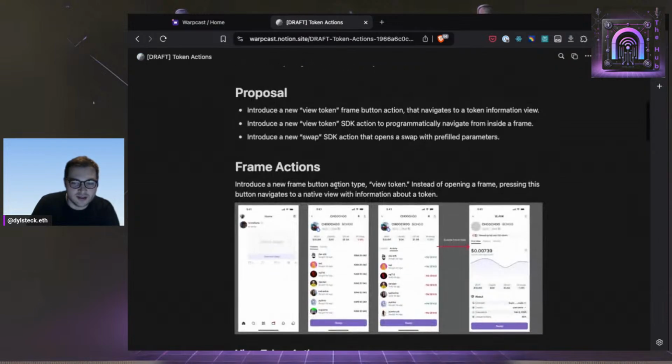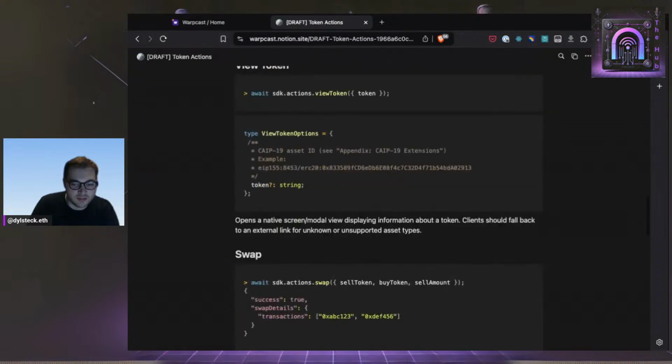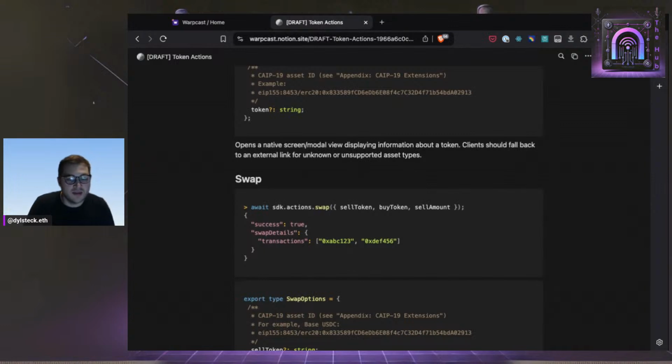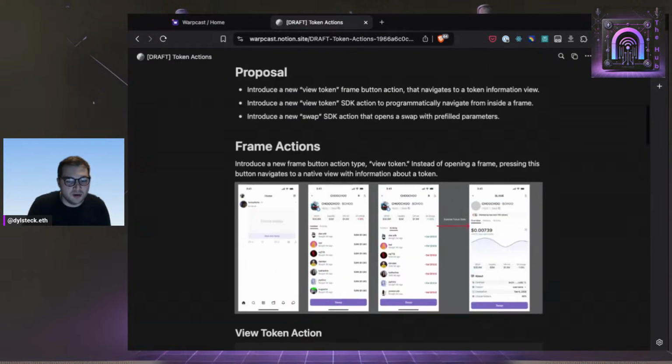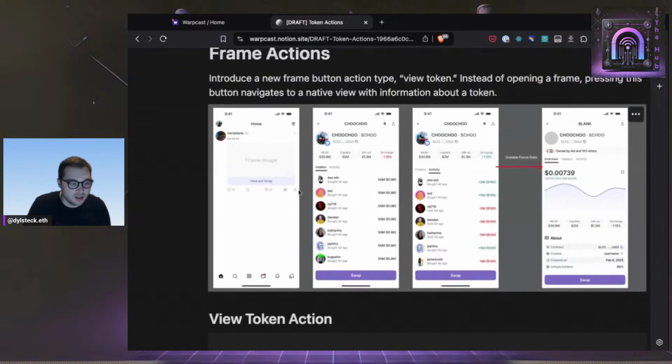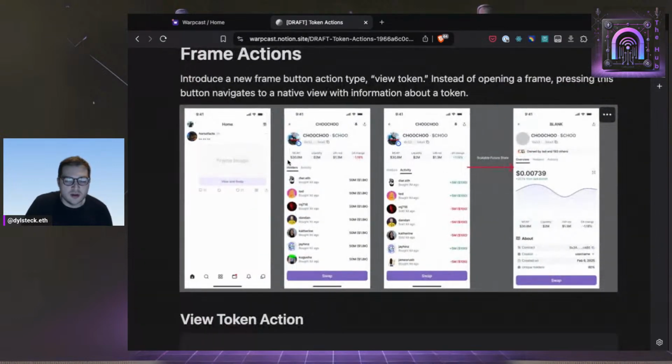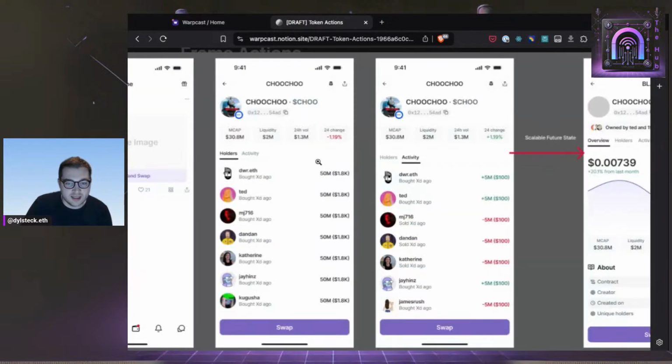I don't actually know if these token actions are out or if they just proposed the UI. What I think they mean by the token action is that the SDK for V2 frames could actually call something like a swap or going to a token page, which again, I'm not sure if that part is out, but that is going to be super sick, such an unlock, even just going to the token page. What they have put out are these token pages, which, similar to an Interface or Rainbow, whatever, you can see some information about the token, holders who are your friends on Warpcast. That I think is super helpful, activity, etc.